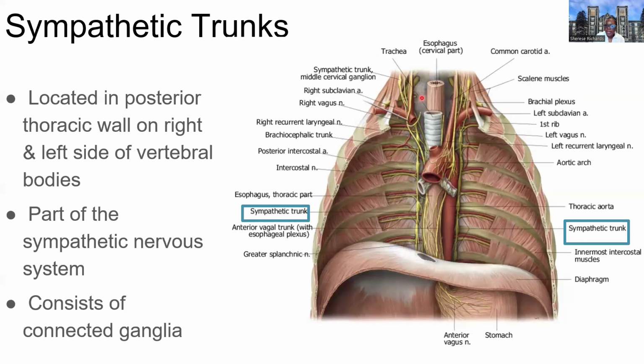Next, we want to think about the sympathetic trunk. This is the sympathetic innervation to heart, lungs, most of the thoracic and abdominal viscera. It's going to be found in the posterior thoracic wall, the posterior mediastinum, and it's running along adjacent to the vertebral column and found on both sides. So here's a sympathetic chain on the right and sympathetic chain on the left. Now, this is where we have the